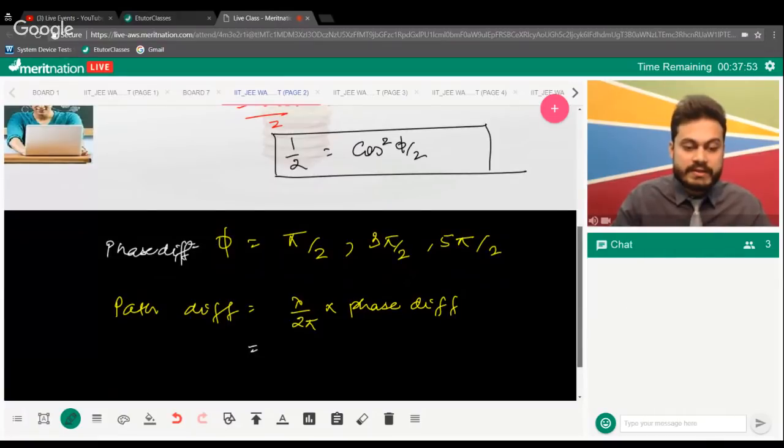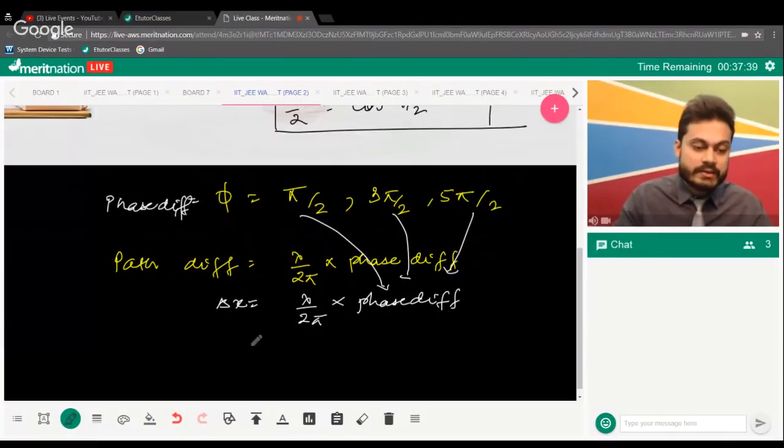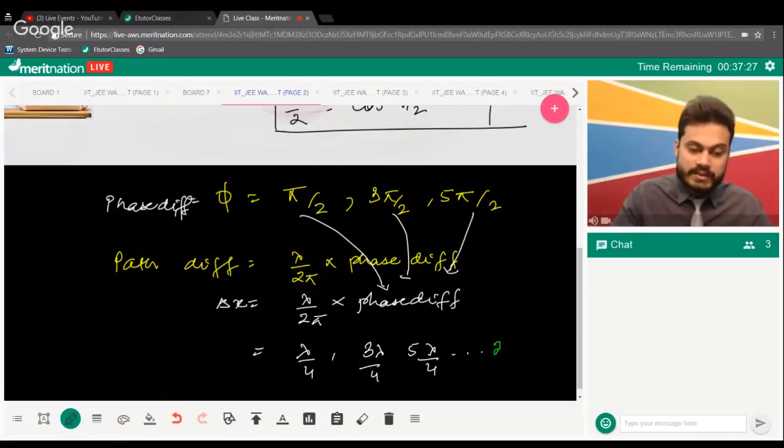Now putting these values, delta x is equal to lambda by 2 pi into phase difference. If you keep on putting these values, first here, second here, and then third here, you will see lambda by 4, 3 lambda by 4, 5 lambda by 4. Which in AP can be written as 2n plus 1,